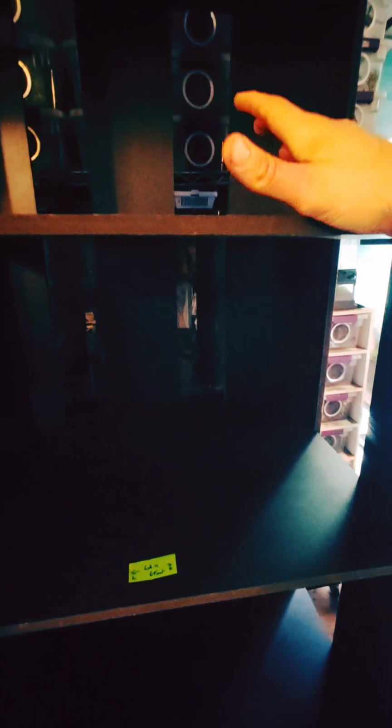So I personally would always recommend back heat or side heat. Side heat is basically if it's running on the side. Obviously this rack wouldn't work very well because there's this open space, so the heat's just going to go right out there. Usually a lot of racks I build, there's solid sides, so the side heat kind of traps it in here, and so it would run all the way from here to the bottom of the rack on